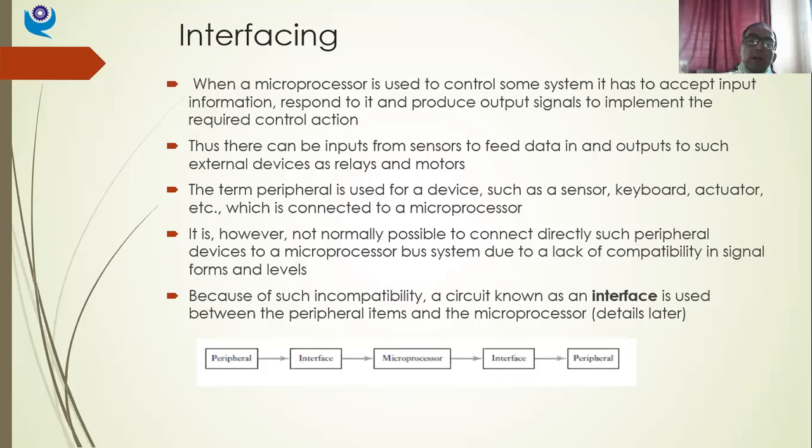Now, in a microprocessor, look at this block diagram. A microprocessor is my central processor or central controller, let's say. And I have my sensors which will be sensing the data. And microprocessors are going to process that data. And then they'll be giving out an actuating signal, or the process signal will be given to an actuator, maybe a hydraulic cylinder, maybe an electric motor, which will be actuating the end effector. If it is a robot, it is an end effector. If it is a furnace control system, it will be a heater. If it is a speed control system, it is the fuel that is supplied to the engine.